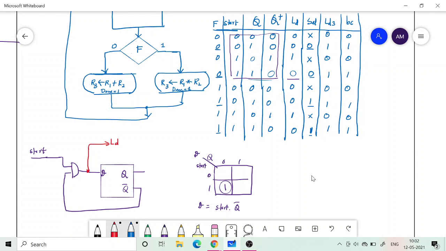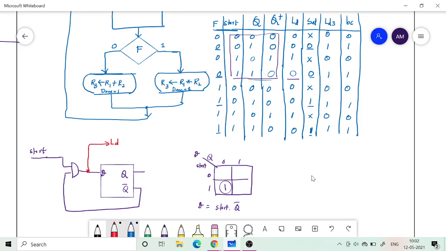And then what is the next input? This is the select input. The select input depends upon F. If you look at the select input and F, in the cases where F is 1, you can take the case below as 1 also.